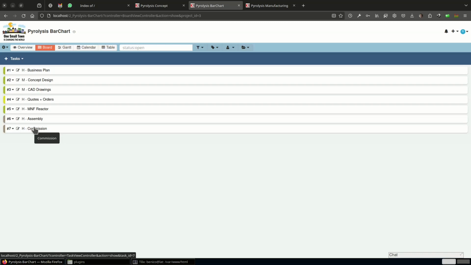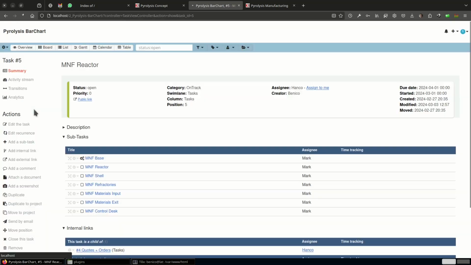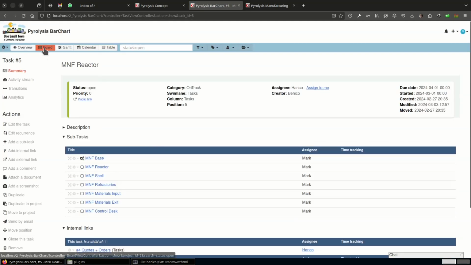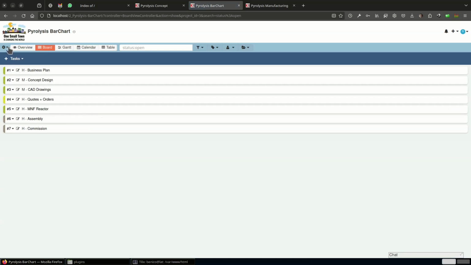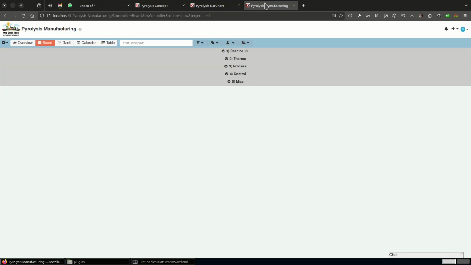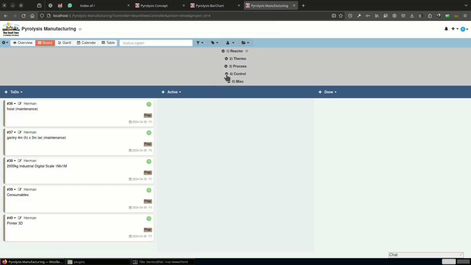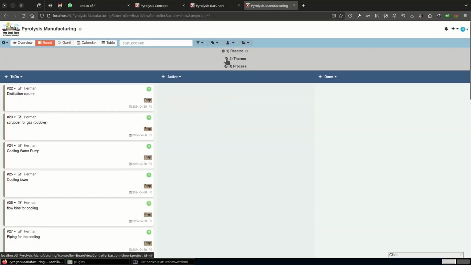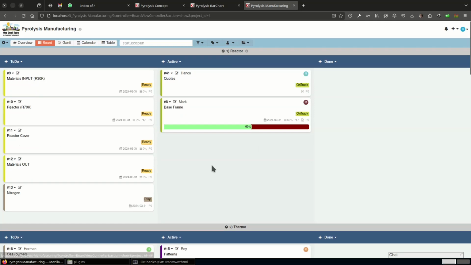So then we said, okay, but we want to zoom into this manufacturing part, because there's a lot of detail in this manufacturing part. So then I made a separate kanboard for the manufacturing, and this is what you see over here. So this is all the miscellaneous. There's the control, the process part, the thermo part, and the reactor part. So presently these are all the tasks that